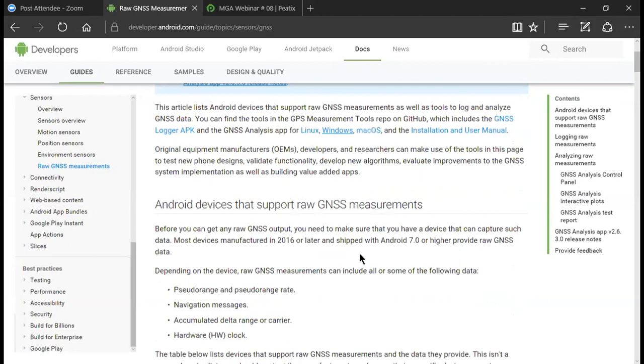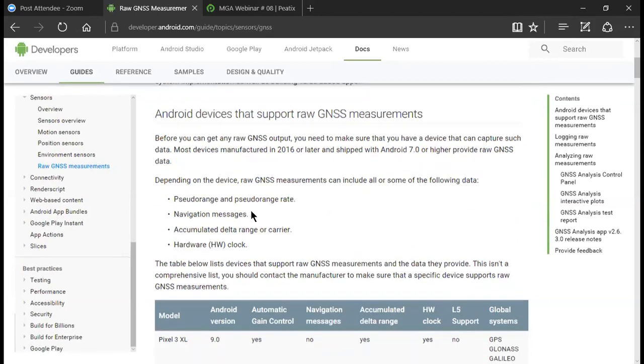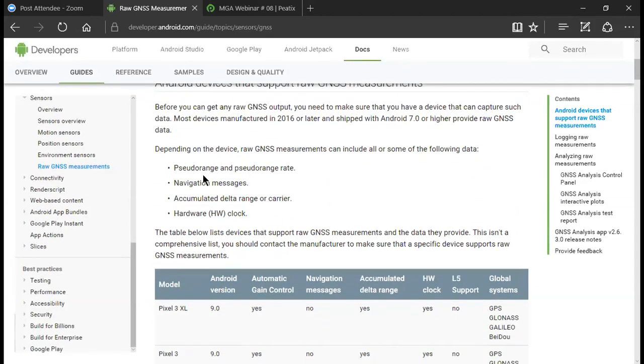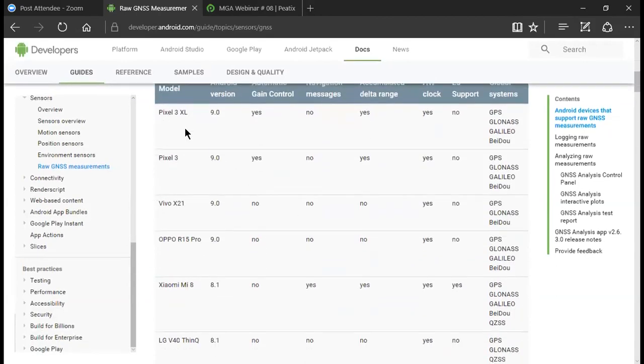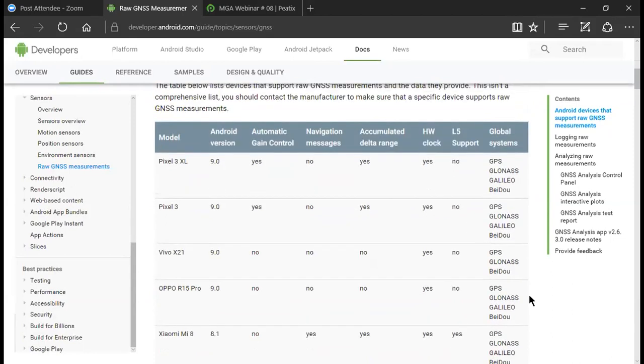And now we can see these are the things, pseudoranges, what it can output, navigation message and all the clock data. And these are the list of some of the mobile phones that can be used to log your data in the Android device. For example, the very new Pixel 3 from Google,